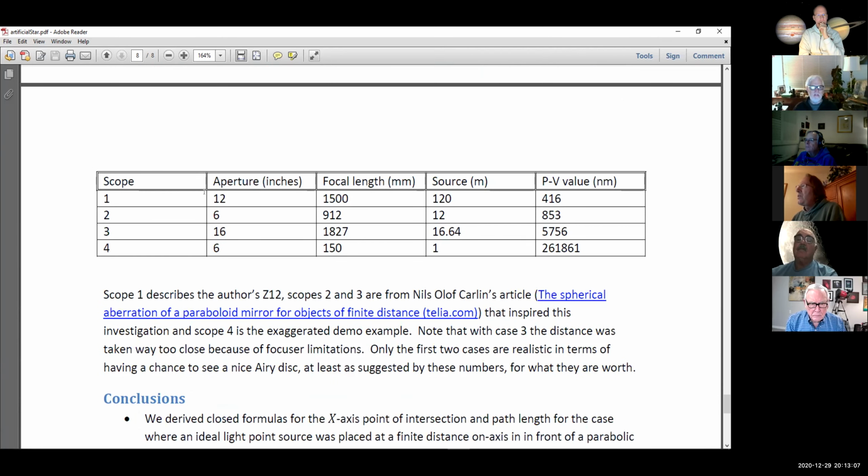So number 1 is my own scope, with the 1500 focal length, the source at 120 meters, and the peak to value. You just chose 120 meters? I tried a number of values. I think that paper of Niels Olaf Carling also mentioned the number 120 for a 12-inch somewhere, I believe. So I picked that number and I get a